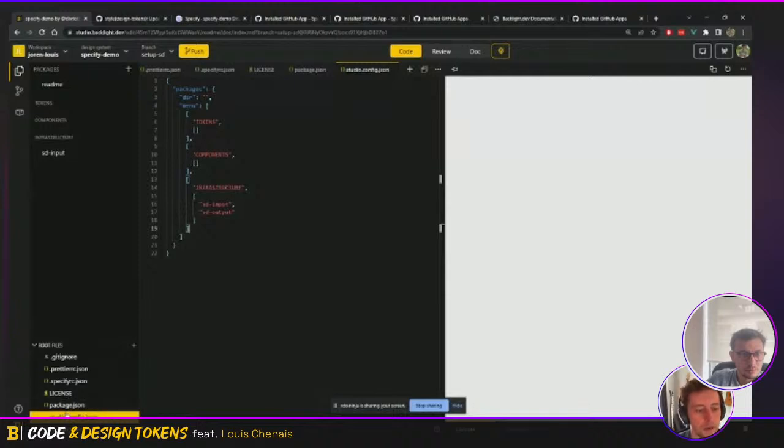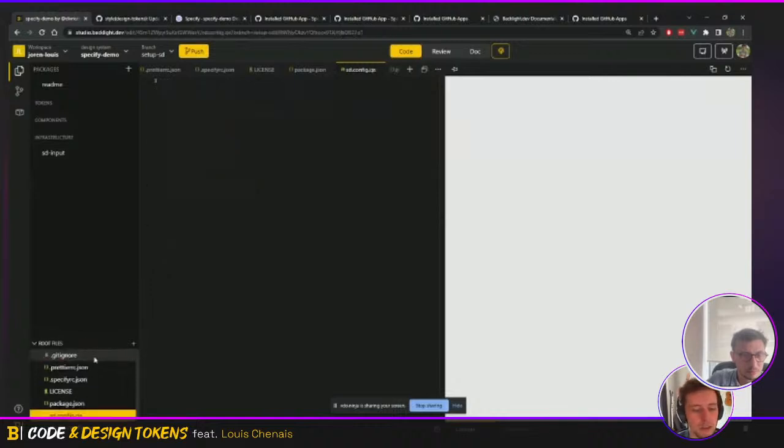What we can do now is click on this plus button and create a file called sd.config.cjs. CJS stands for CommonJS. It's a type of JavaScript that is associated with Node.js. You can also do ES modules, but